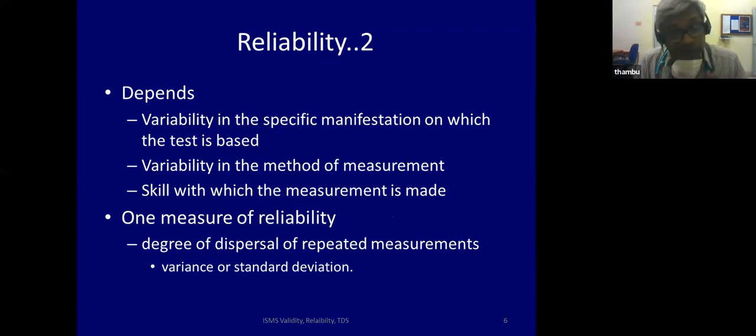If the blood pressure fluctuates wildly over 5 minutes, then clearly the measurement will not seem reliable. But that is because the biological phenomenon itself is highly variable. So we should check reliability only when we are sure that whatever we are measuring is not wildly fluctuating over that time period. Next, variability depends on the measurement method, how you measure it. The device which you use to check blood pressure should be a reasonably good device. If it has many errors, then you won't get a reliable estimate.